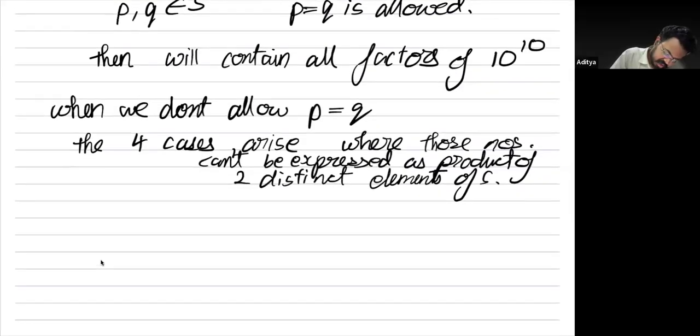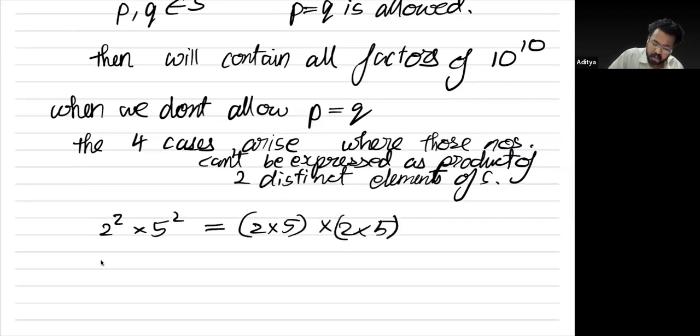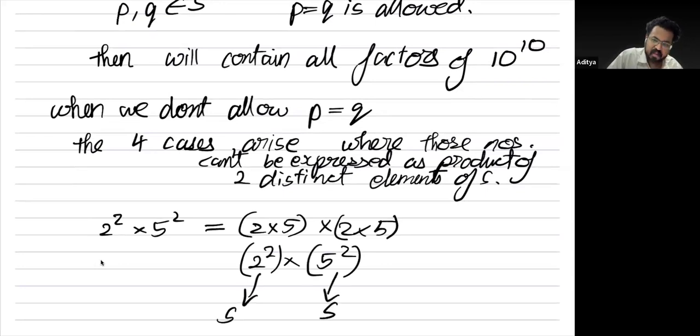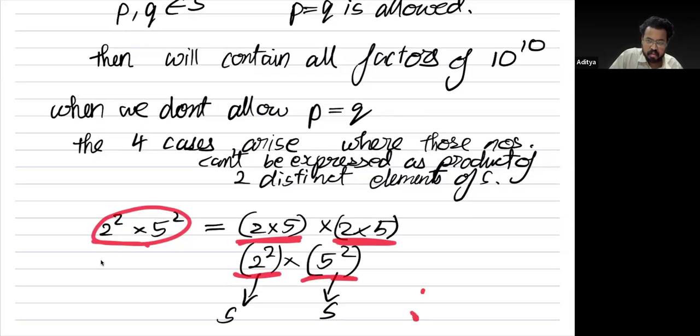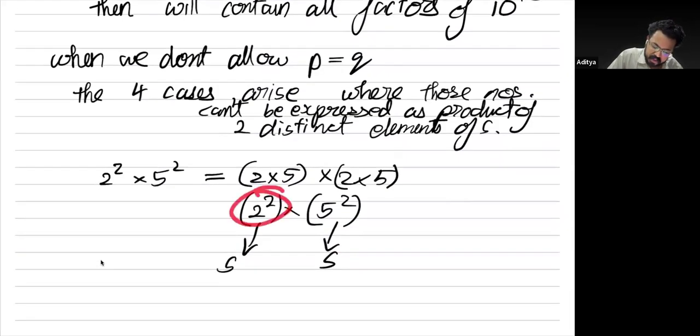I'll give one example. For example, you have 2 square times 5 square. This can be written as 2 times 5 multiplied by 2 times 5, correct? But it also can be written as 2 square times 5 square, correct? This could be a part of S, this could be a part of S, and these two are obviously distinct. So even though 100 can be written as a product of two identical terms, it can be written as a product of two distinct terms also. So since it is expressible in this way, this is part of my set M. But the exceptions are,